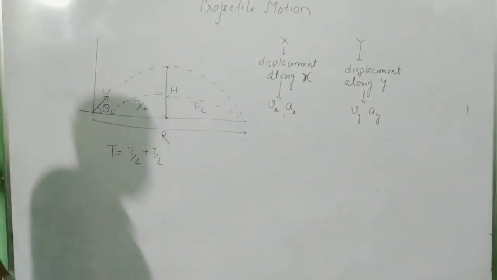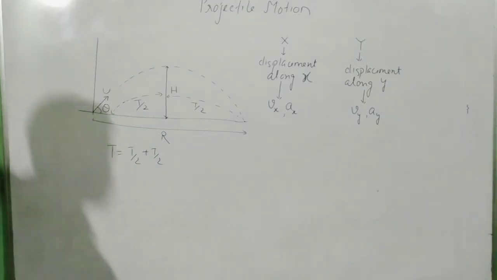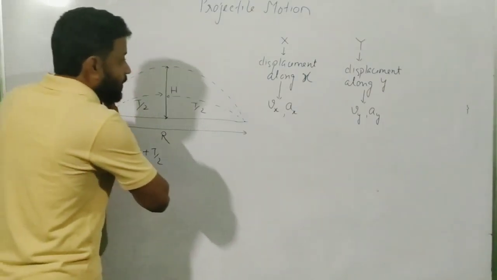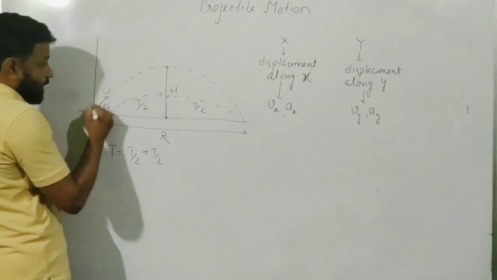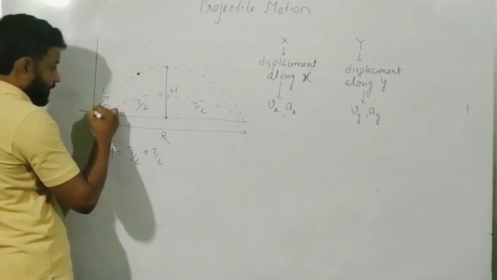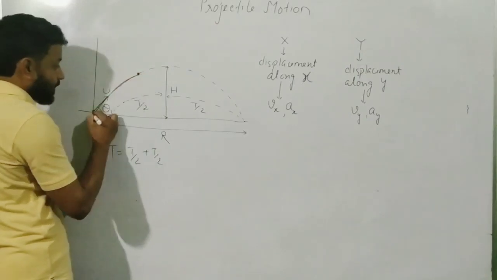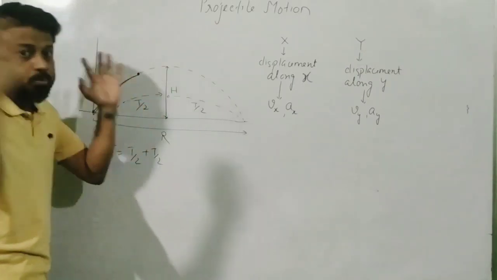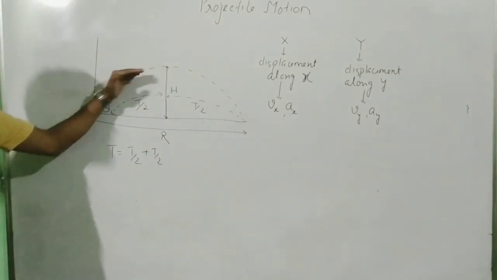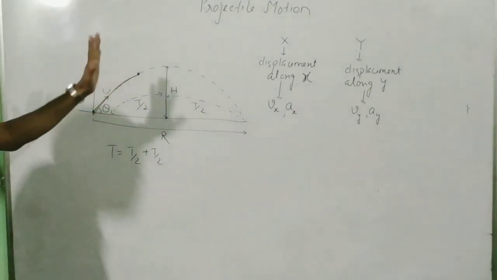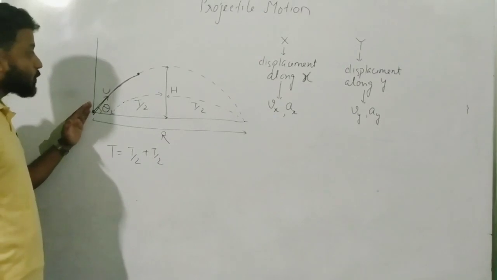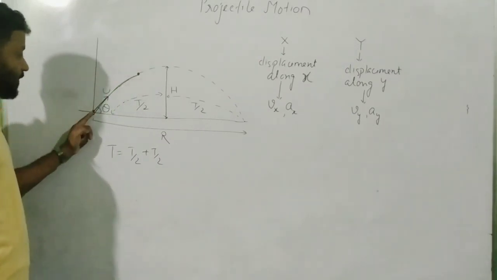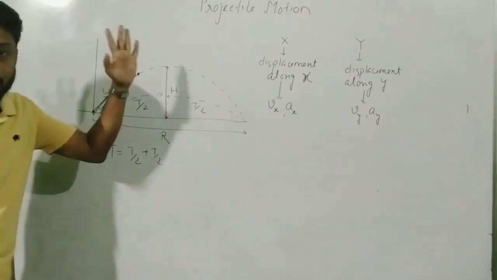You never have to think about the actual path, because we don't discuss the actual path. When I say that the body starts from here and reaches this particular point, this is the actual path traveled by the body. Don't panic, nobody is going to ask you what is the actual distance traveled by the body. It is beyond the scope of class 11. So we never deal with how much is the actual distance traveled by the body when it has gone from here to here. Nobody will care about it.